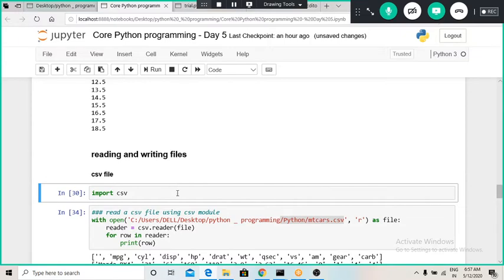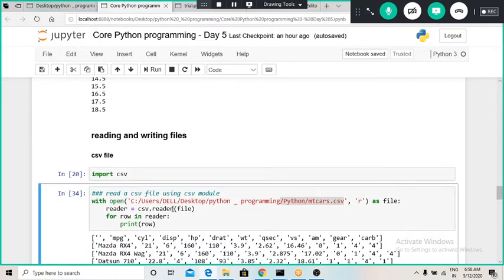Now, there are many ways of importing a CSV file. We can use the pandas package for importing a CSV file, or we can use the CSV package or CSV library. Also we can use the pickle library, and also for a JSON file. There are different ways, but I will show you only two ways over here. To import a CSV file, I have to import the CSV package, so for that I will use this command: import csv.